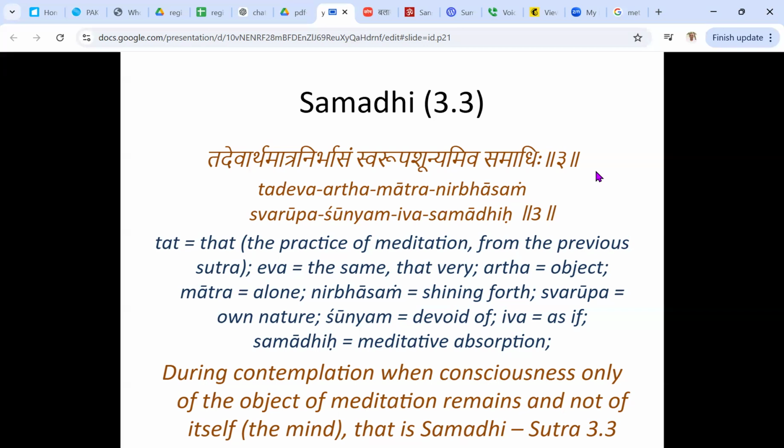Okay. All right. So that's the goal of these practices, to attain a state where we have merged with whatever we are focusing on completely, at the expense of anything else going on. Right?